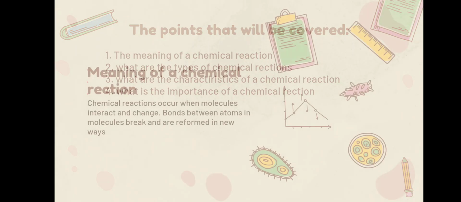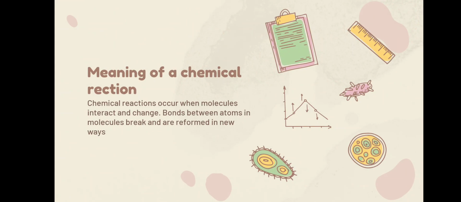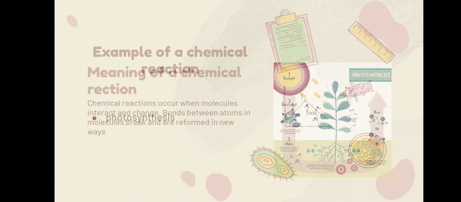First, we should understand the meaning of a chemical reaction. A chemical reaction occurs when molecules interact and change. Bonds between atoms and molecules break and are reformed in new ways, and here is one example for a chemical